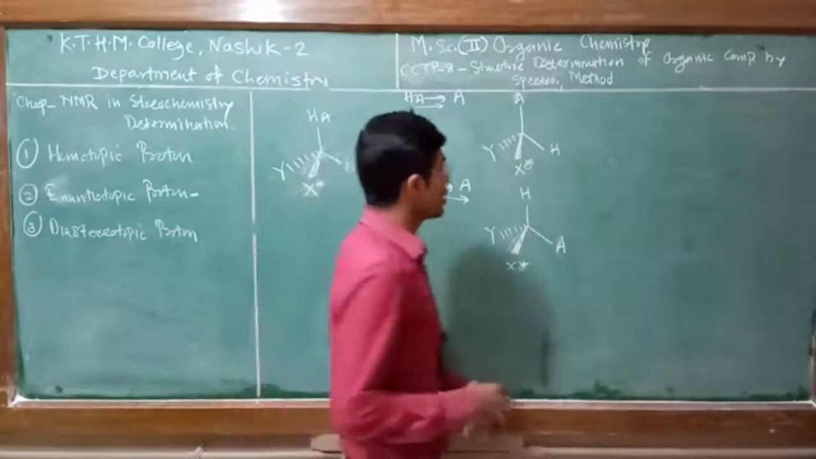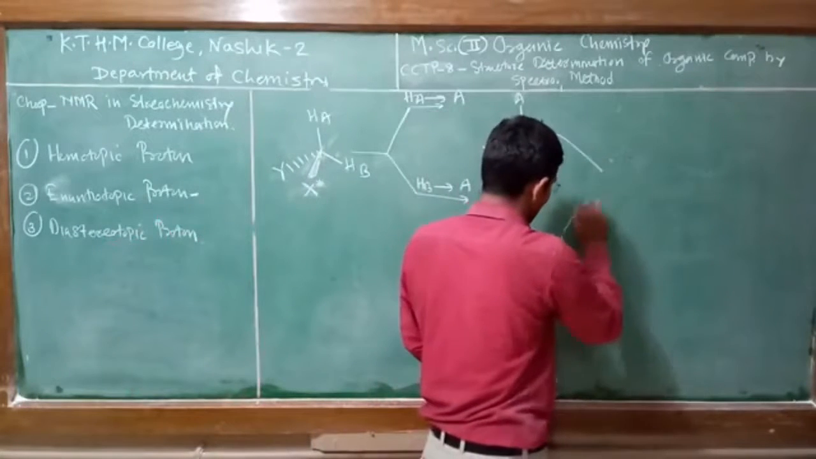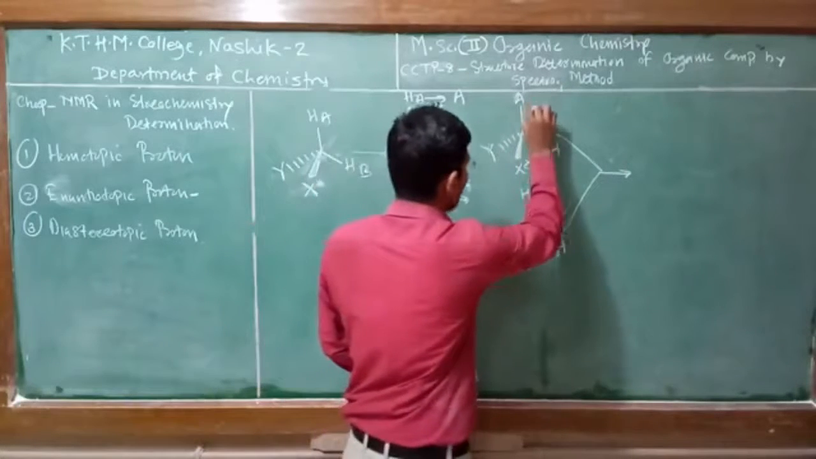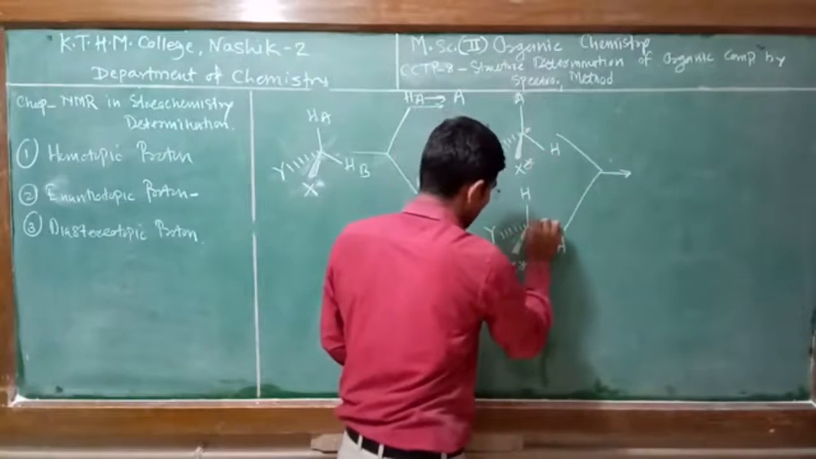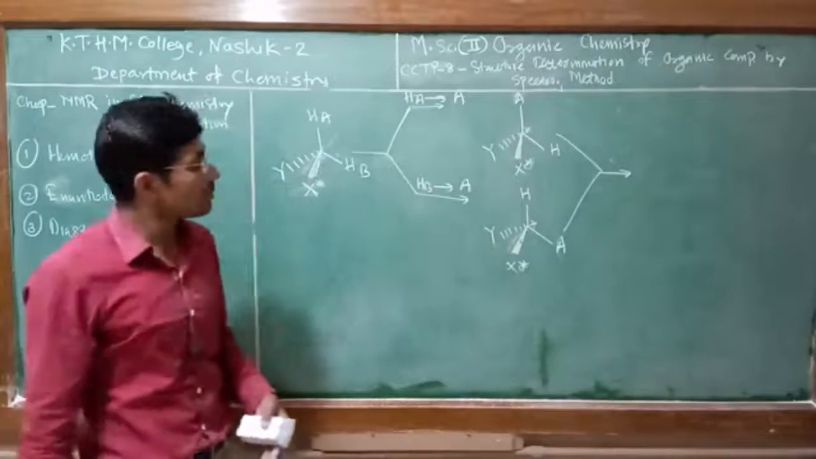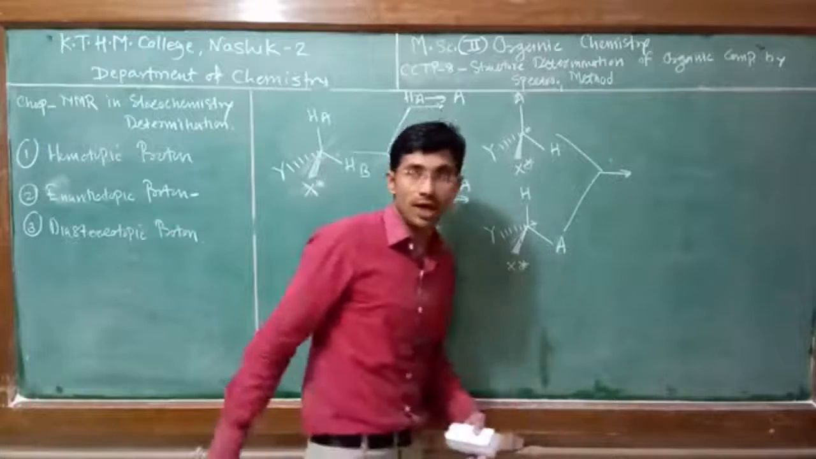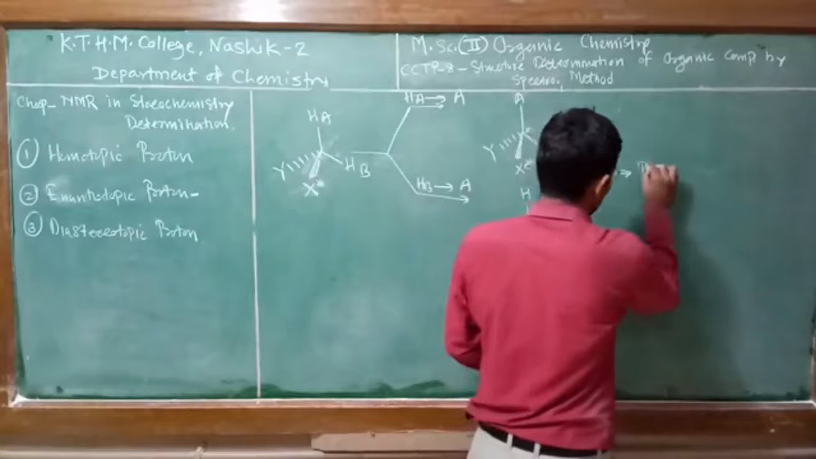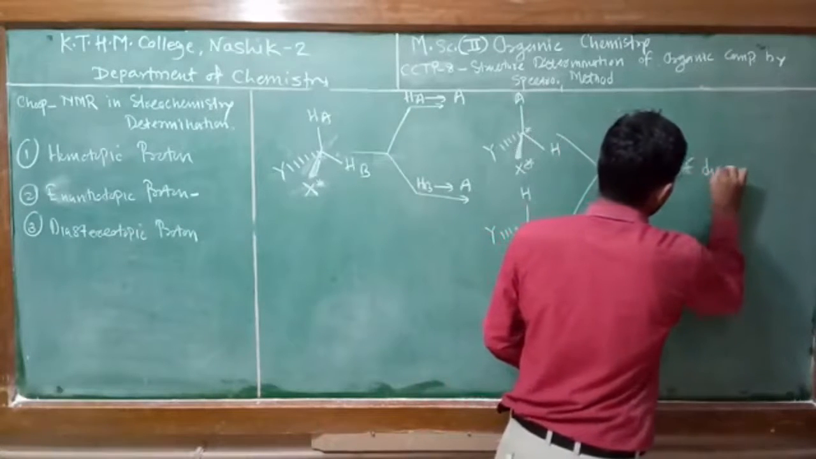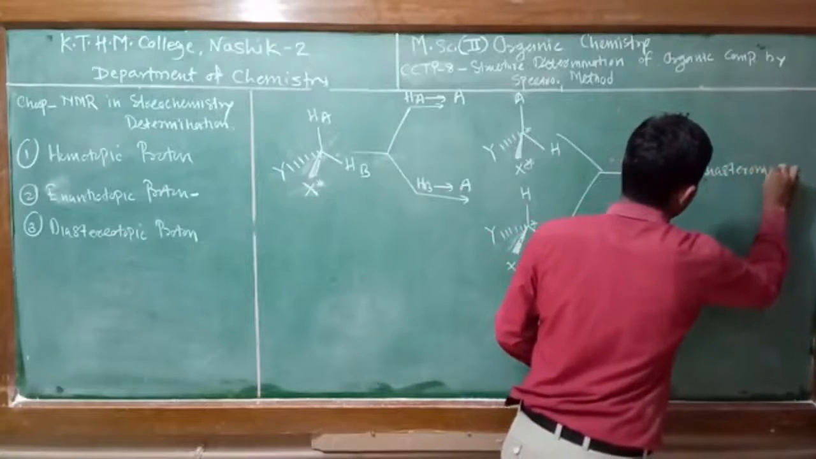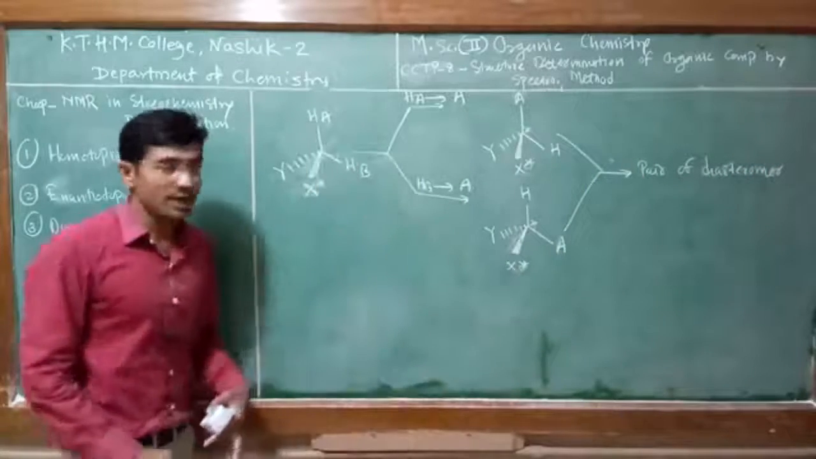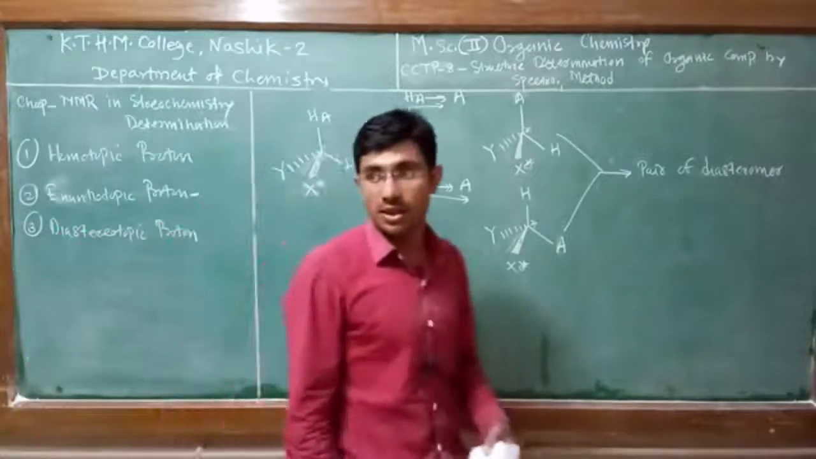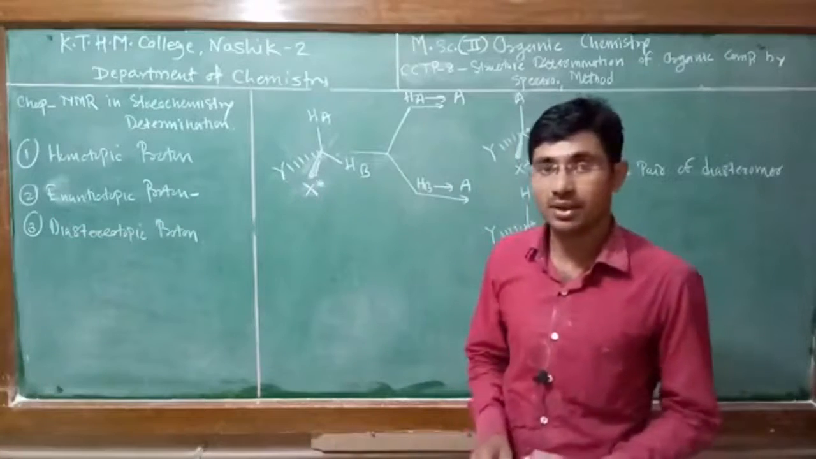These resultant new compounds are actually diastereomers. Why are they diastereomers? See here, this is also a chiral carbon. So in the resultant compound, two chiral carbons are present, and after replacement we get a pair of diastereomers. So in 1H NMR, when this type of situation is present, meaning diastereotopic protons, at that time